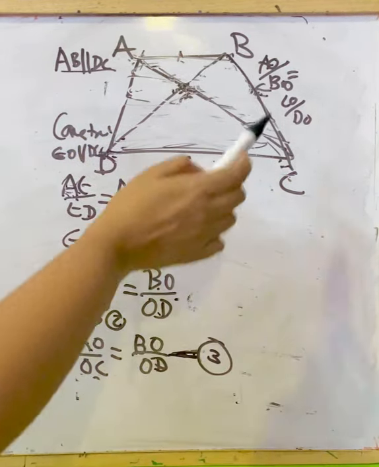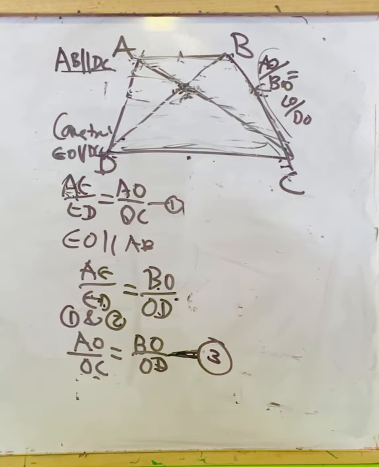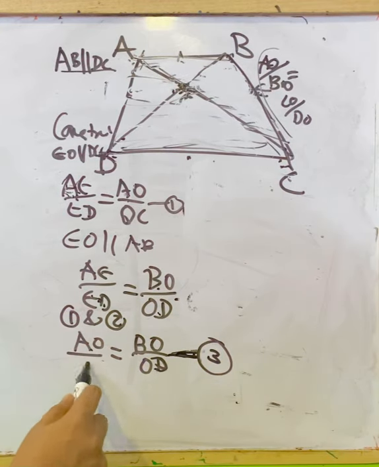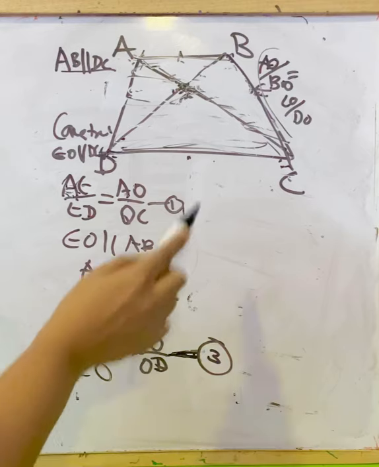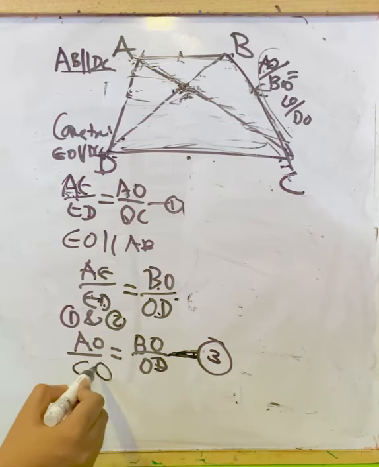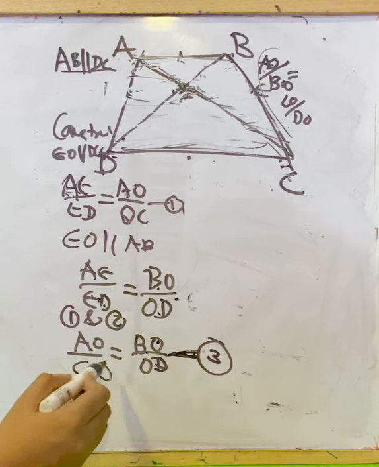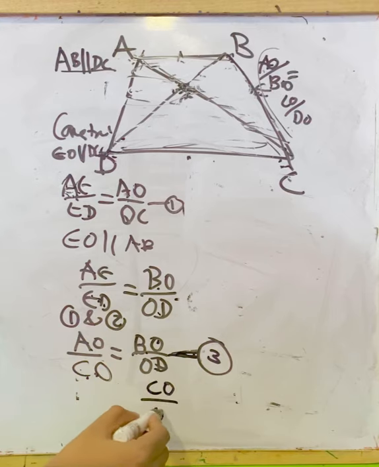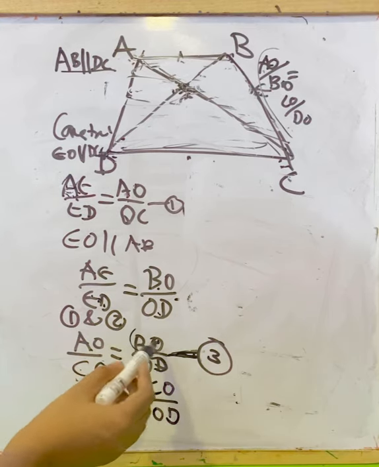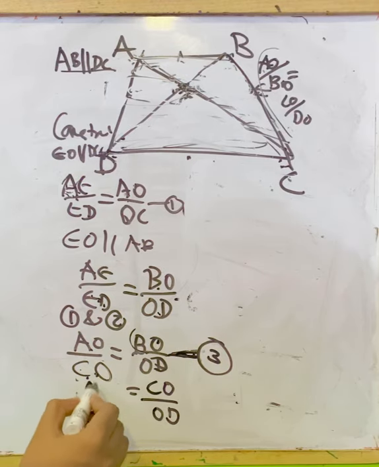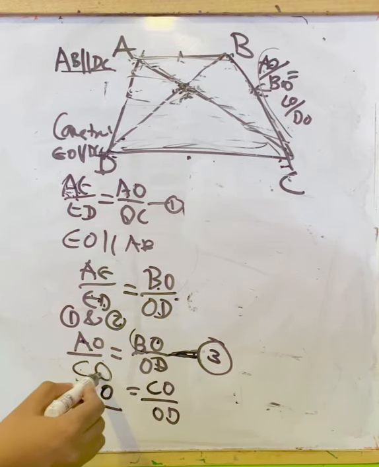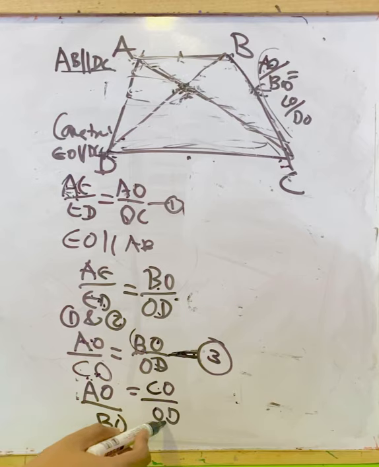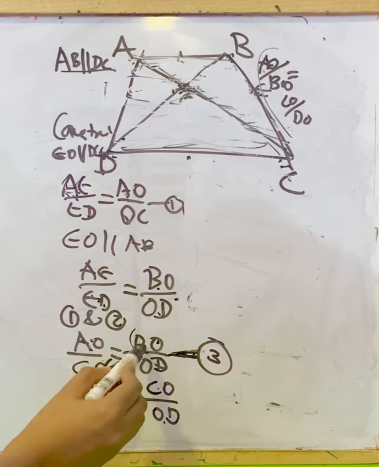Third equation. Now check what we have to prove. AO by BO equal to CO by DO. Here we got AO by OC equal to BO by OD. Here slight difference, that is, let us take the CO to the side and BO to the side. While taking CO to RHS, it goes to numerator. Here we have OD. Now BO is taken to LHS, it goes to denominator. Then here we have AO as numerator. BO taken to the side, it goes to denominator. AO by BO equal to CO by OD. That is just interchanging this numerator and denominator.